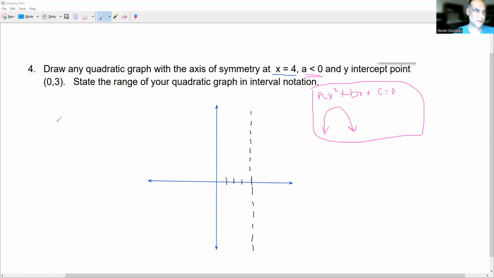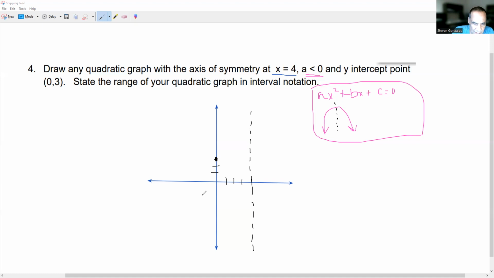Now, the third thing about this graph is that it has a y-intercept at (0, 3). Now, the y-intercept is not the highest point. You should realize the highest point has to be on the axis of symmetry. The axis of symmetry is where the graph has a maximum or minimum. So (0, 3) cannot be the maximum. Now, I'm not terribly worried how fat or skinny